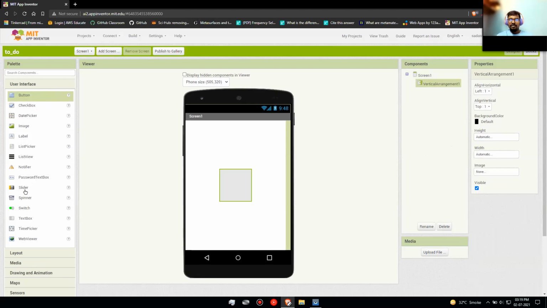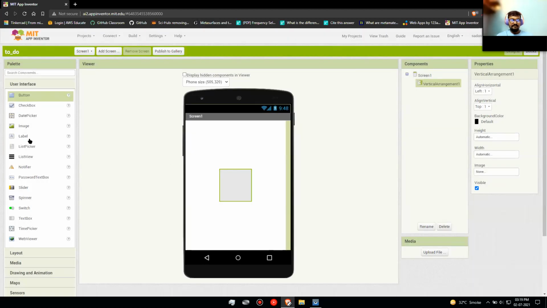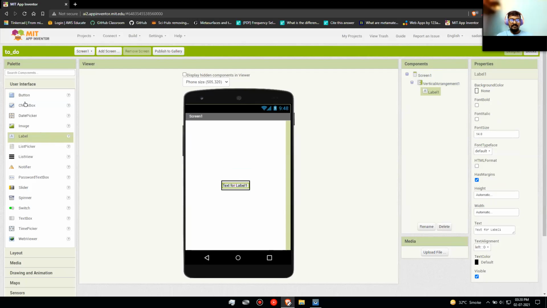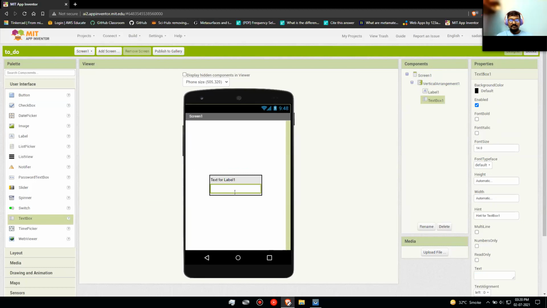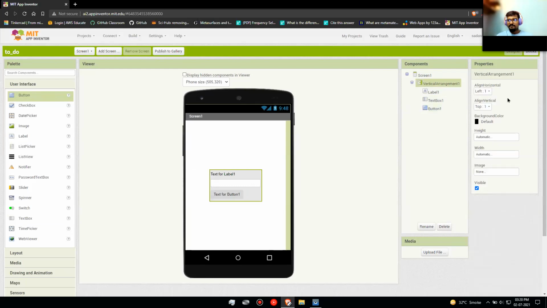On top will be label, then a text box, and then a button. Okay, so you can now go to vertical arrangement and then align horizontal to center.